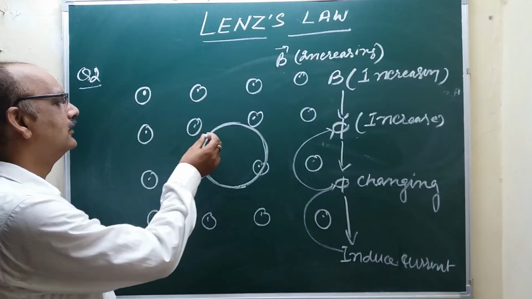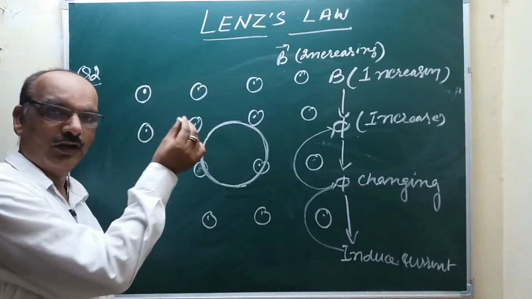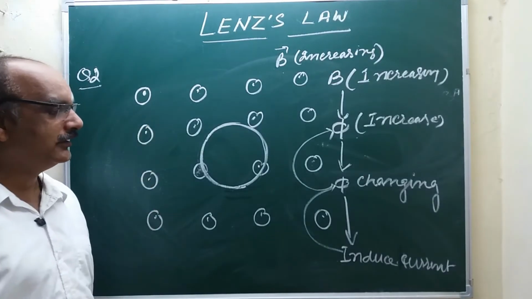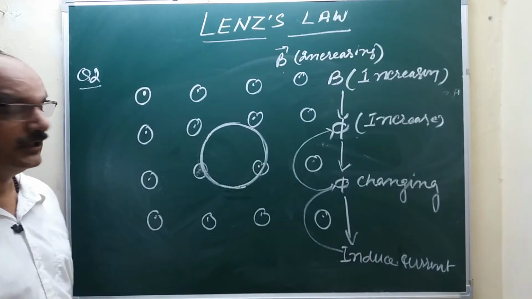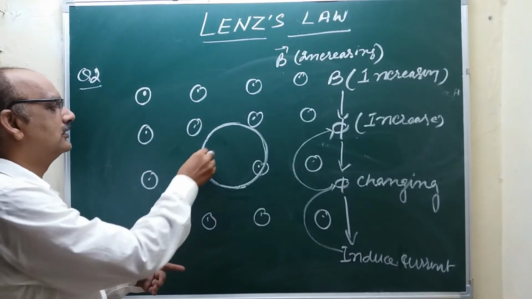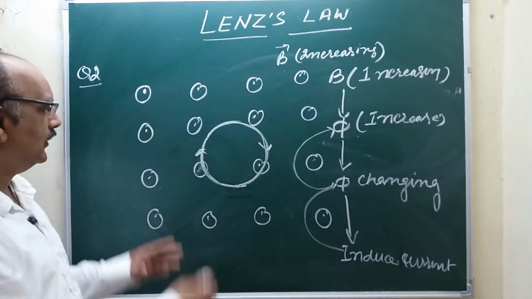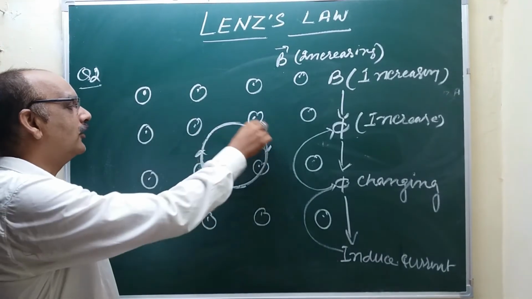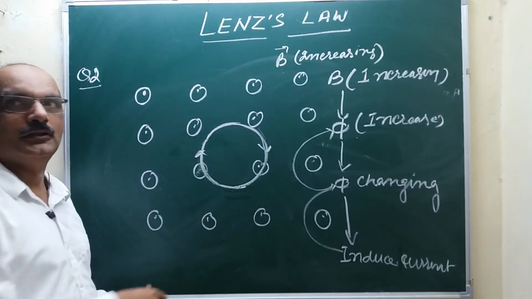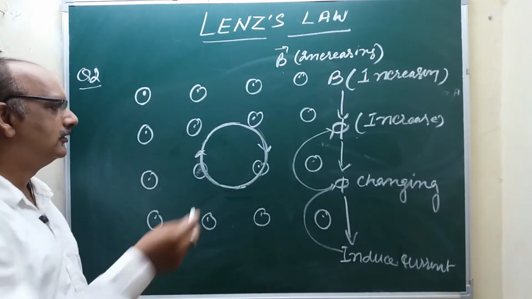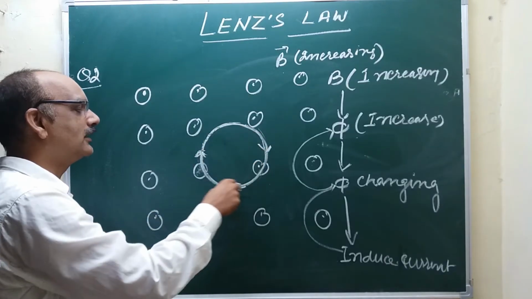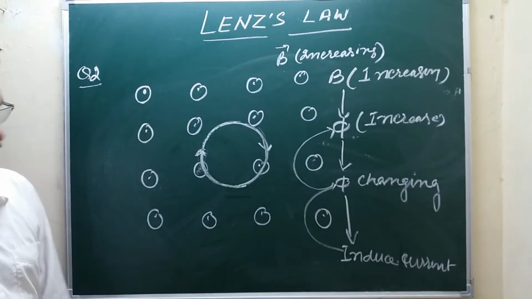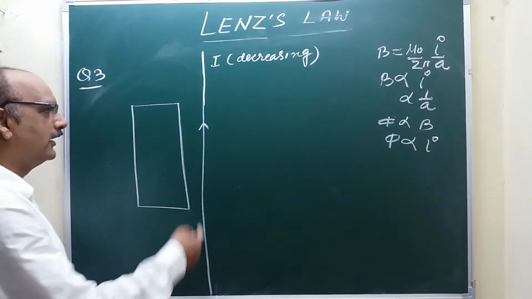Now, flux is increasing in outward direction. Then the magnetic flux due to induced current will be produced in inward direction, in this direction. Right? The original magnetic flux is increasing on the outward side. Due to the induced current, the magnetic flux will be inward. Since both are in opposite directions, this induced current is opposing the increase in flux. Question number 3. This is an infinitely long